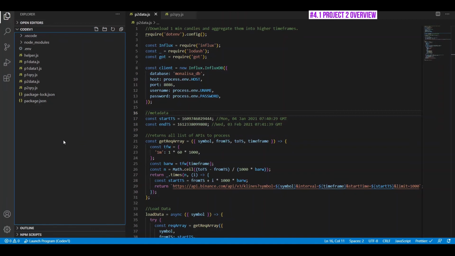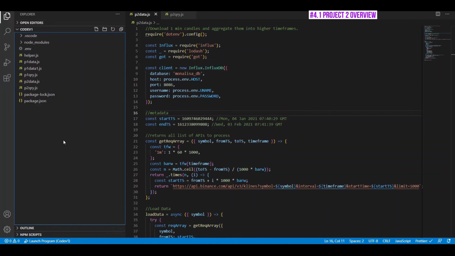All right, now let's move on to the second project. So we're going to use the same folder where we did the first project and create new files for the second one. Let me first give you a brief overview of what the project is. As part of this project, we're going to download candlesticks data from Binance Exchange and aggregate them. So what we're going to do is we're going to download 1-minute candlesticks for a particular symbol and then store them in the time series database, and then we'll aggregate those candlesticks to create higher time frame candles. So we could aggregate into 1-day candles or 1-hour candles, or we can see how we can do that aggregation at a database level using this time series database.